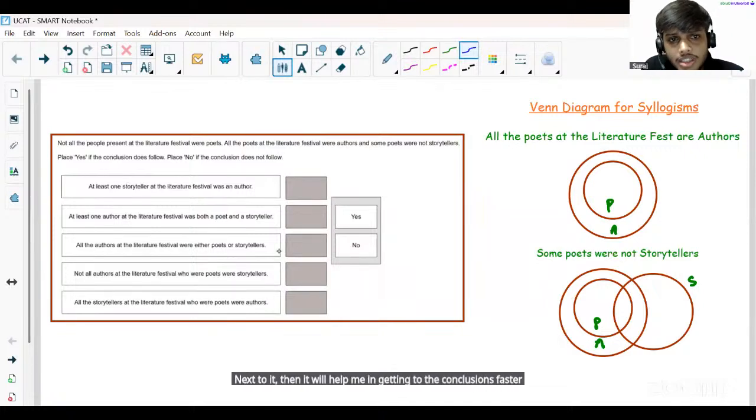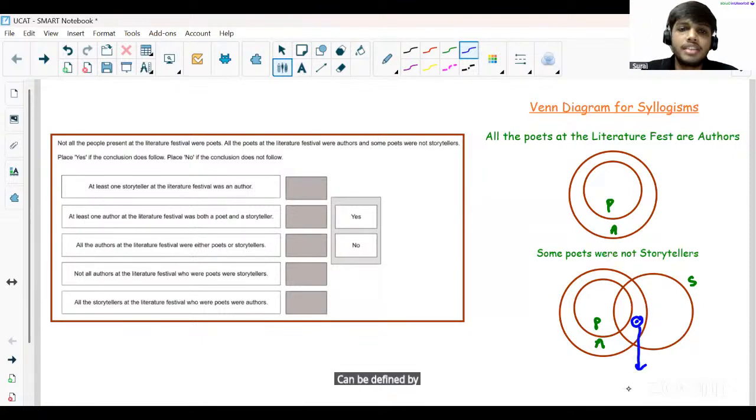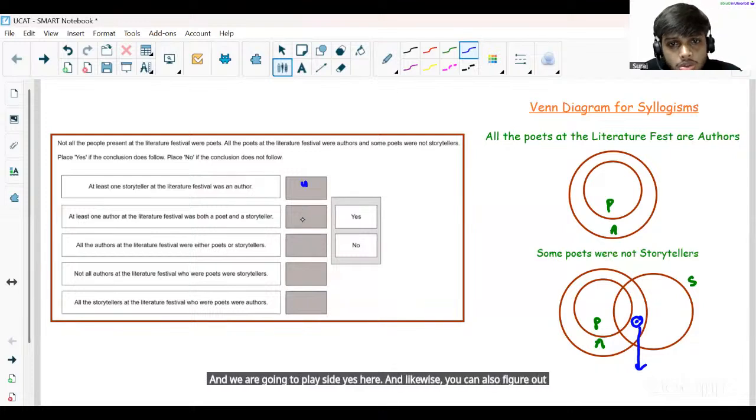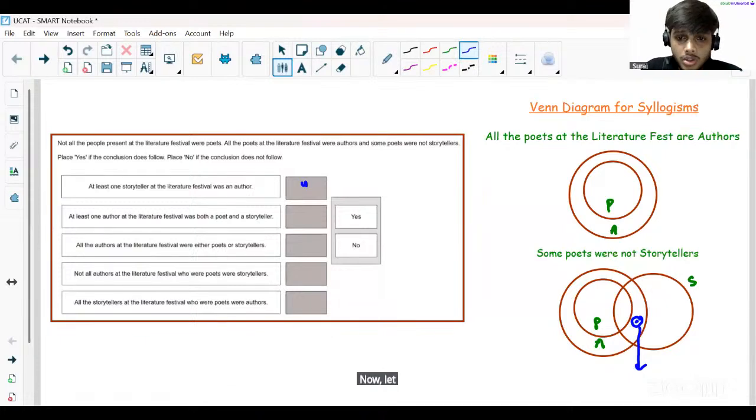Now let us see for the first one. It says at least one storyteller at the literature festival was an author. So if one storyteller is there, he can also be an author, which can be defined by this region itself. So that means this conclusion follows, and we are going to place a yes here. And likewise, you can also figure out the solutions for the others as well. Now let us quickly talk about the next tip here for us